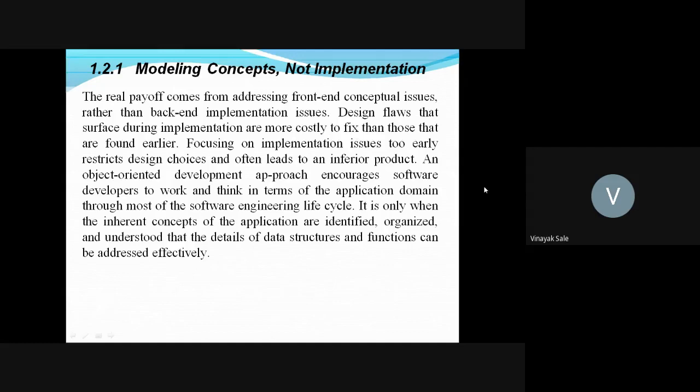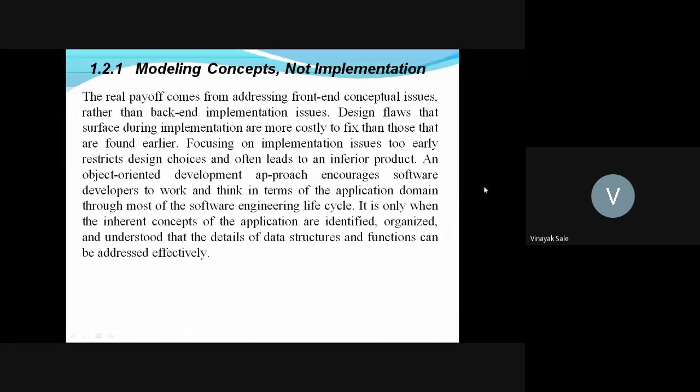Focusing on implementation issues too early restricts design choices and often leads to an inferior product. An object-oriented development approach encourages software developers to work and think in terms of the application domain through most of the software engineering life cycle.